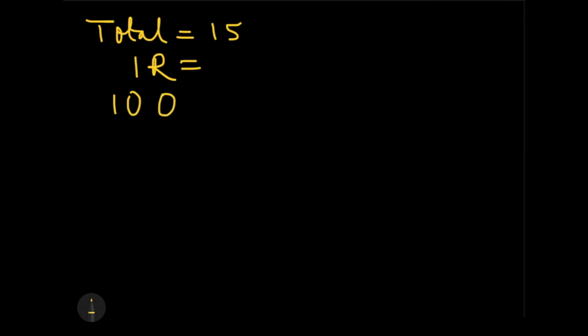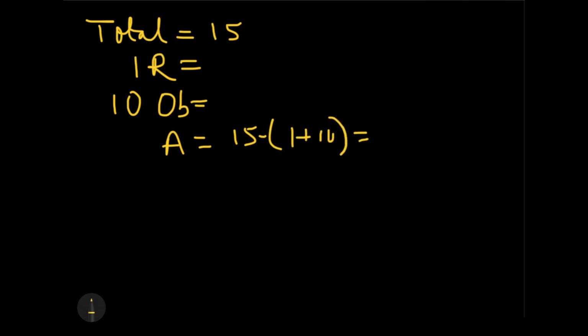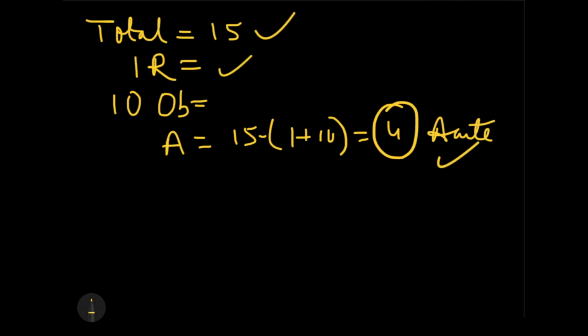Now, just a quick revision. Total cases possible was 15. I have one right angle triangle. So and I have how many? 10 obtuse angle triangles. So that means कितने acute angle triangles बच गए मेरे पास? 15 minus, okay, just a second, I kept it like that. 15 minus 1 plus 10, that is equals to 4. 4 acute angle triangles possible है इस range में, total 15 possible है, 1 right angle possible है and 10 obtuse angle possible है. This is a lengthy question in itself and I have explained 4 different scenarios here.